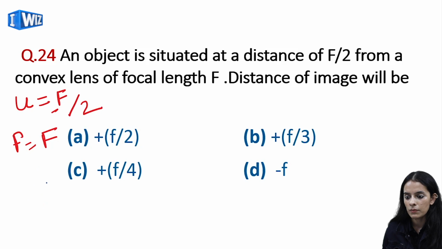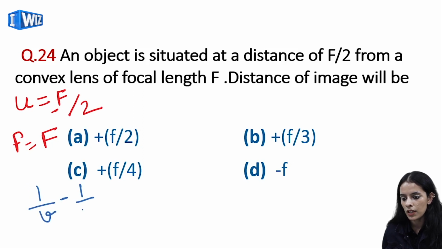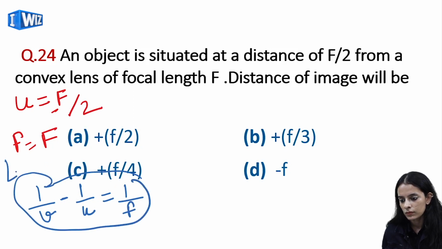So you can apply one more formula, that is for lenses, that will give you the relation between object distance, image distance and the focal length. That formula is 1 by v minus 1 by u is equal to 1 by f. This formula is called the lens formula. In case of the mirror formula, plus is placed over here, but in case of the lens formula there is a shifting of 1 by v to the left side and the sign also shifted.